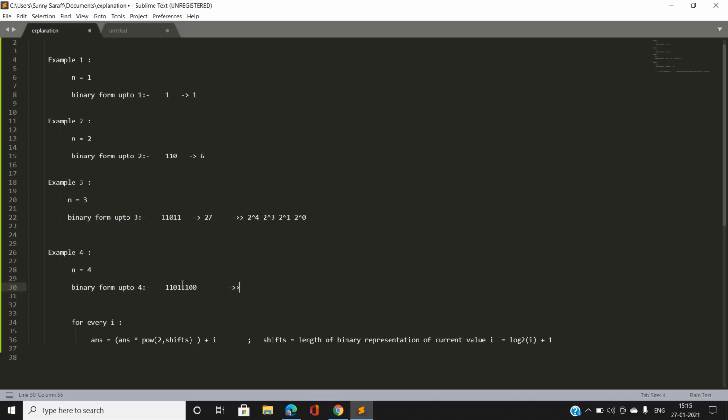So when we calculate these set bit positions, we start the index from the rightmost side, that is 0 1 2 3 4. So we are having 0 1 2 3 4 5 6 7. So we are having 2 power 7, 2 power 6, and 2 power 4, and 2 power 3, and 2 power 2. Okay,